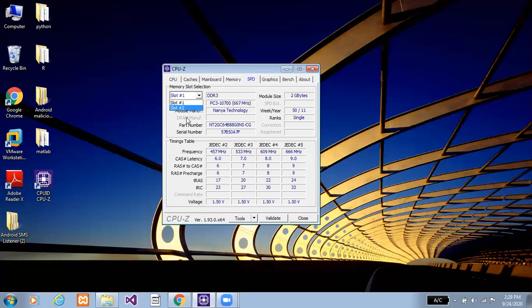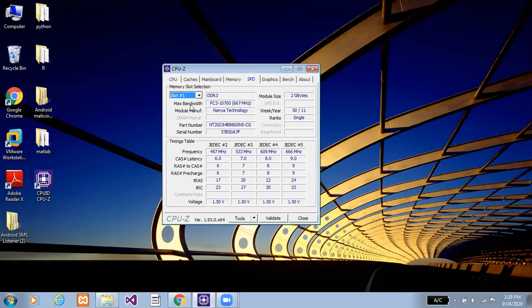Memory type. Memory type is DDR3. Module size. It is the amount of a memory in this RAM module. In this case, it is 2 gigabytes. Max bandwidth. It is a module name which is listed here.